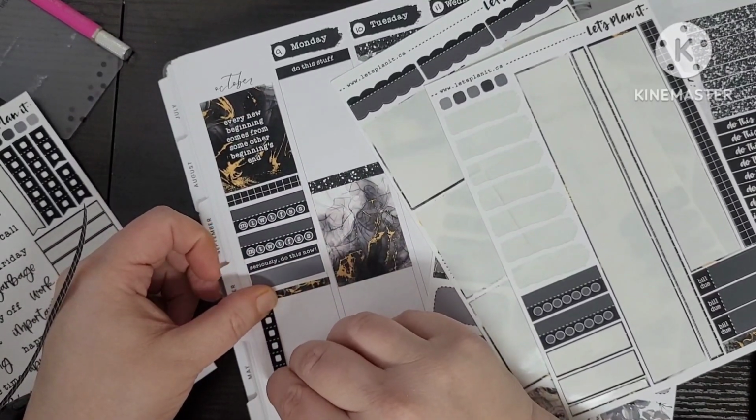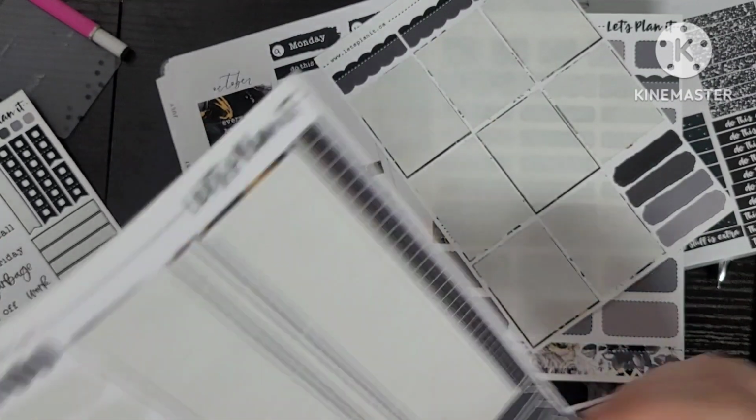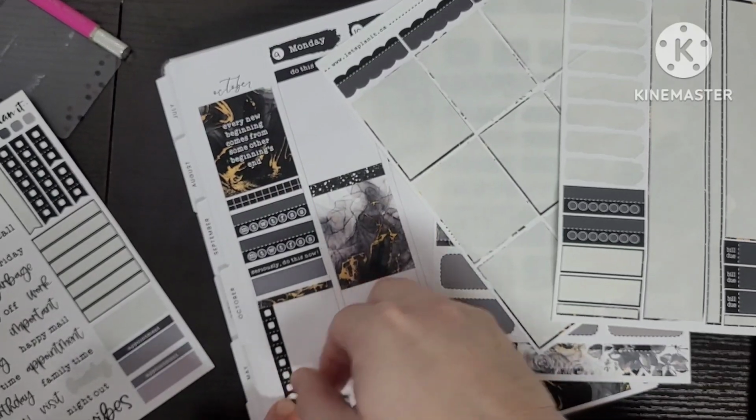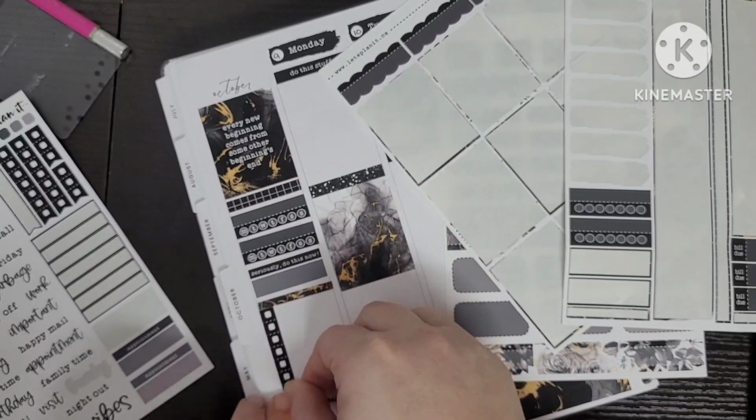Especially because I'm planning a gray spread. I don't know when I'm planning that for, but I am planning a fully gray spread. So here, there was no sidebar, anything. So I decided to bring in some decorative